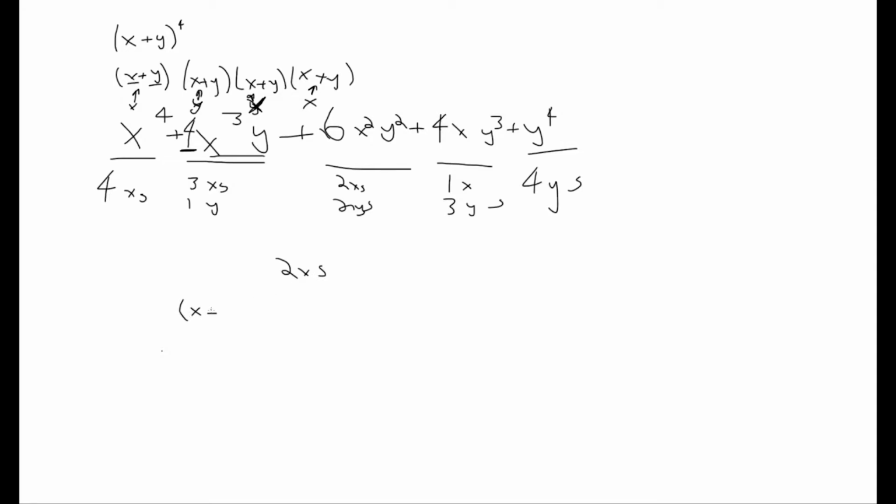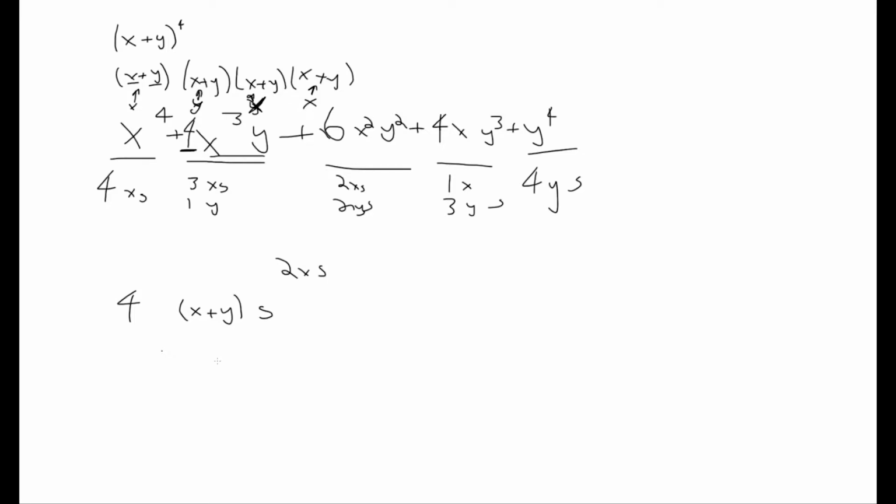And x plus y is being multiplied by itself 4 times. Okay? So we have 4 of them. We have 4 x plus y's, and we know that 2 of them have to be x's, right? So essentially, to find out how many different ways we can take 2 x's out of these 4 x plus y's, how many different ways we can choose 2 of them to be x's,